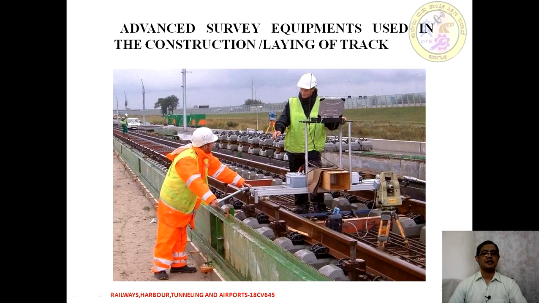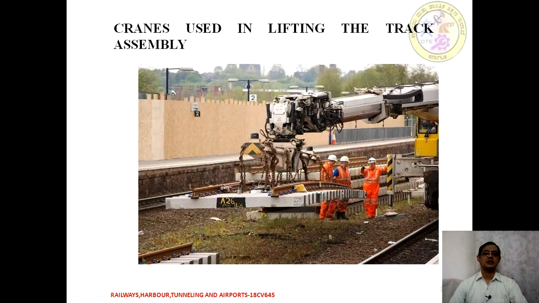Apart from that, to check whether the laid track is at a perfect level, or to check any flaws in the geometry, we use some advanced surveying equipment in track laying construction. This is a laser machine, or it may be an EDM or similar equipment. Through this laser guided path, we can note the exact level of the track we are maintaining over the construction. This is the easiest thing to understand.